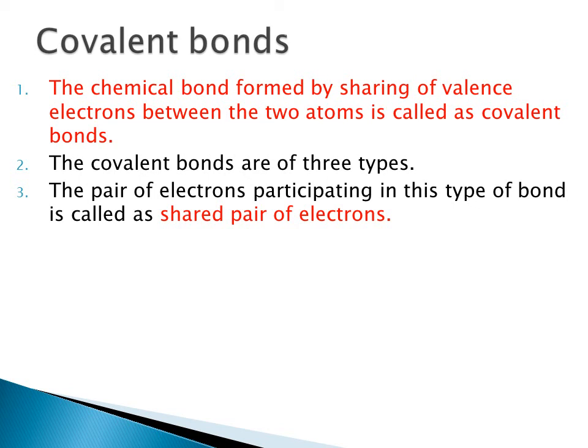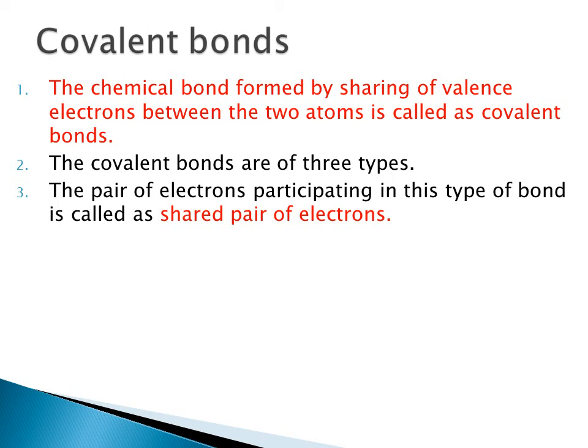A covalent bond is formed when both the reacting atoms need electrons to achieve stable state configuration. All the atoms of non-metal need electrons to achieve stable state configuration. So whenever a non-metal combines with other non-metal, sharing of electrons take place between their atoms and a covalent bond is formed. Let us discuss one example so that you will understand exactly what is this sharing of electrons.